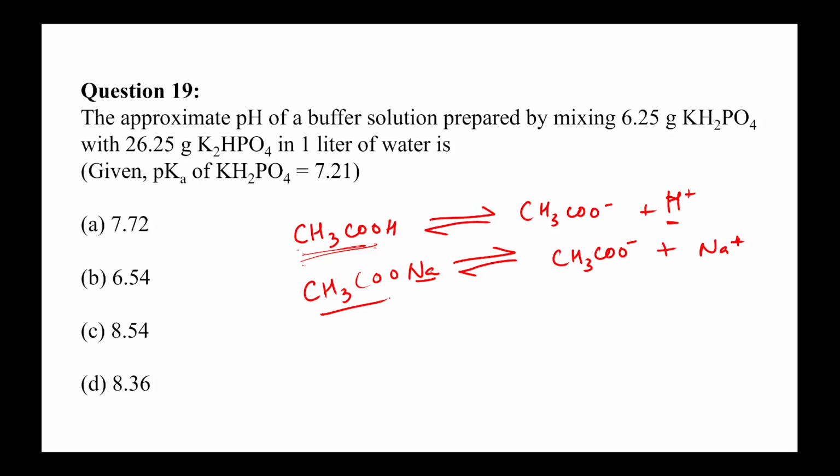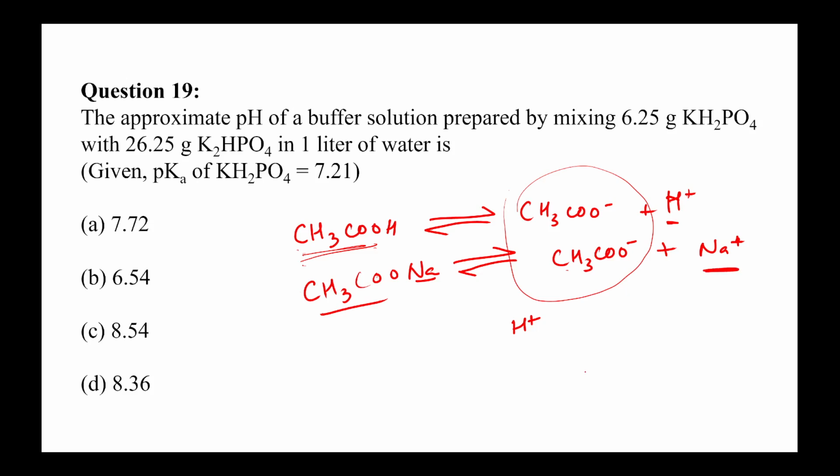So why does the pH not change? So this is an acetic acid buffer. Now if I add a small amount of H plus ions, what will happen? Since we have enough CH3COO minus ions, a common ion here, a small amount of H plus ions will be immediately neutralized by these CH3COO minus ions. And since this is a strong counter ion,